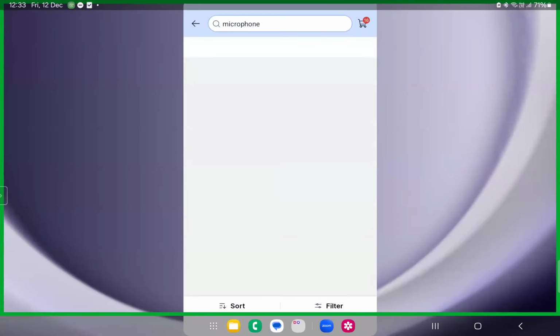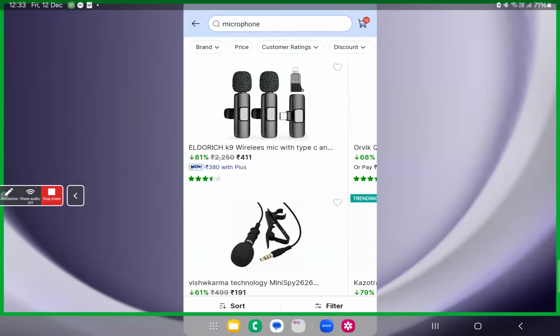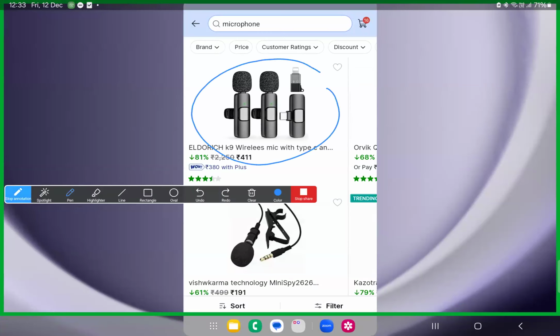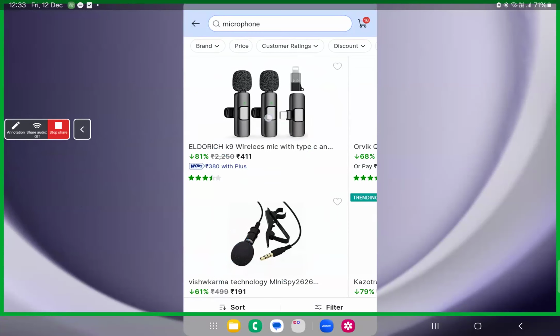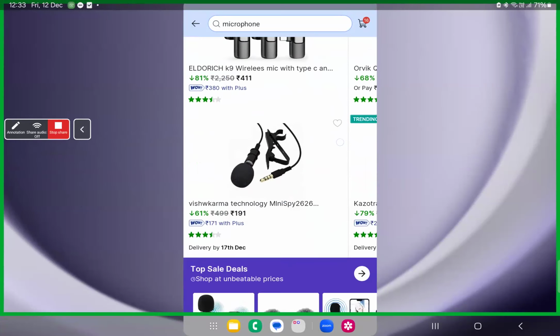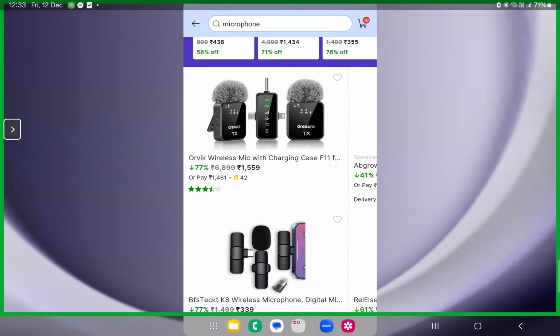Okay, this is the microphone that I use. You can use whichever you like. If you want a shorter range, this is something you can rely on. We have it in different types, this one is Type-C, or even this type, and the Apple type also. So whichever you want.